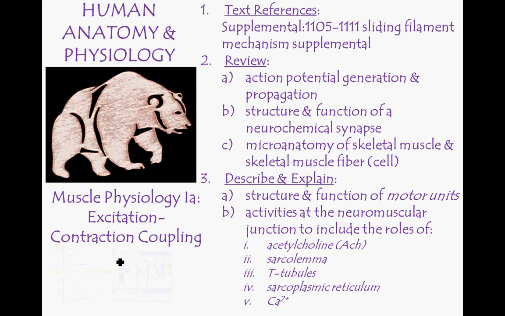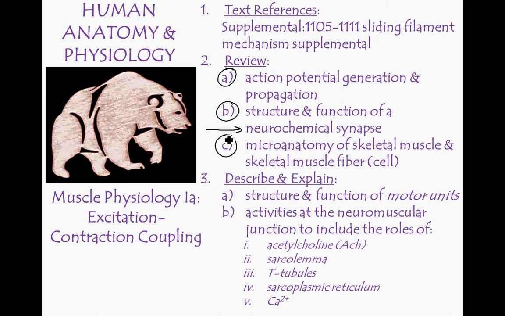This is muscle physiology 1A, part of the excitation contraction coupling mechanism. To get the most out of this, you should first review action potential generation and propagation from the nervous system, and understand the structure and function of the neurochemical synapse, because this is really the meat of this: the synapse and what's going on there, but at a specialized synapse. Also, understanding the microanatomy of the skeletal muscle and the skeletal muscle fiber, that is the